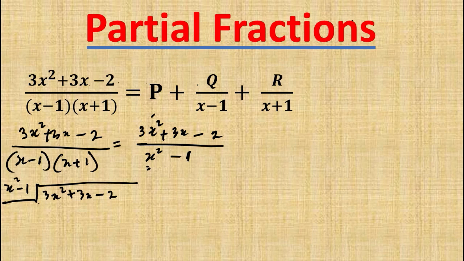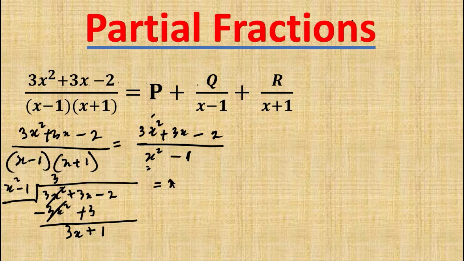So that x squared in 3x squared, that will be 3. 3 times x squared, that's 3x squared minus 3. Now, like every other long division, I'll subtract my 3x squared minus 3 from 3x squared plus 3x minus 2. So this becomes minus, and this automatically becomes plus. So this and this gives way. Then this 3x, I'll bring down my 3x. Then I have minus 2 plus 3. Obviously, that's plus 1. So I can rewrite this expression as,